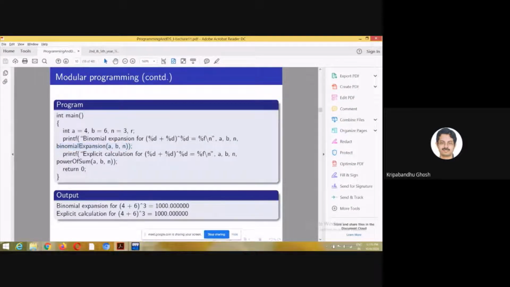So here implicitly the value of sum is stored somewhere. Explicitly, I could have stored it in another local variable here, right? So instead of printing it within printf, I could have used a local variable, say sum1, and I could have written sum1 equal to binomial expansion.